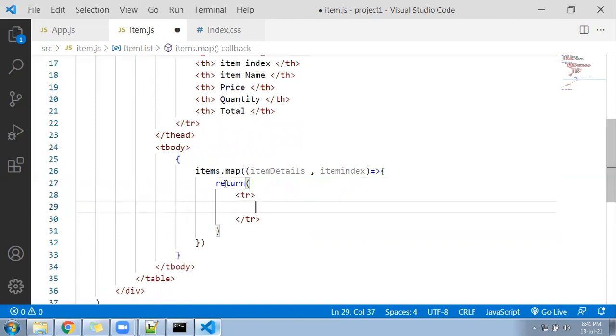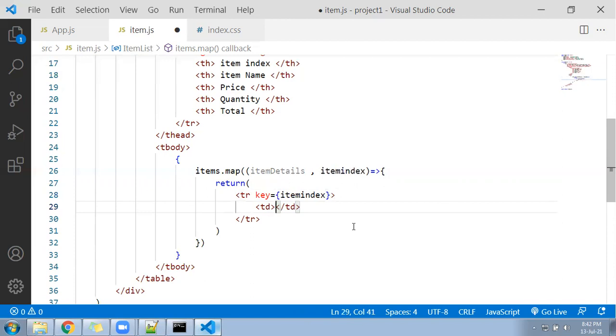tr, and under that we will follow the TD. Now first, whenever you write any dynamic element inside the map function, you have to follow a property that is called key. It's called props, which we are going to learn in the props example. Here the key value should be unique. So what I will do, I will give this index as the value. So you can say it will become unique. 0, 1, 2, 3 will come, and your TR will always be a unique TR. React wants all the elements inside the map function to be unique.